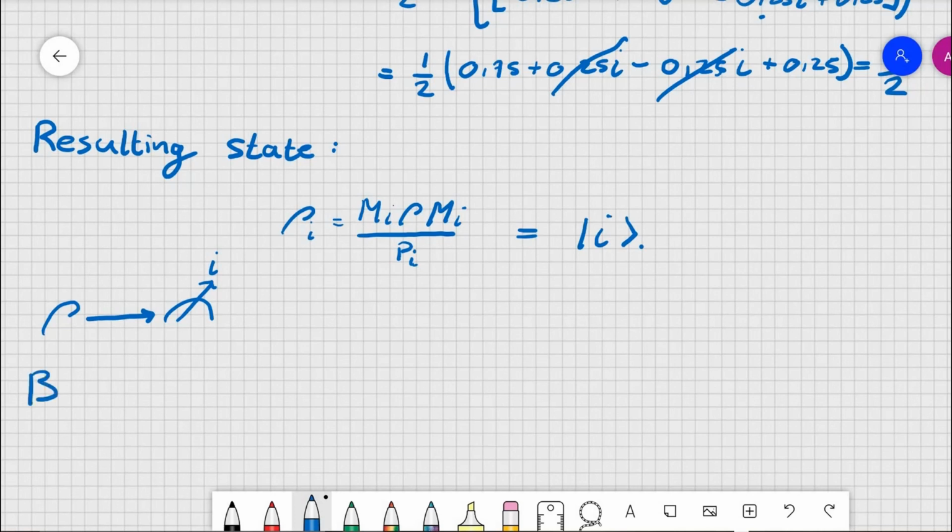Let's look at one last example. Suppose our quantum state is the Bell state, the maximally entangled state consisting of two entangled qubits,